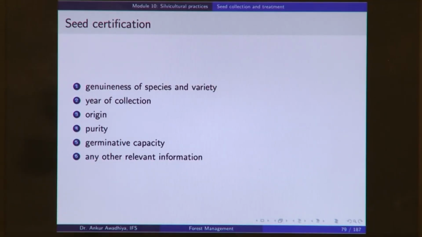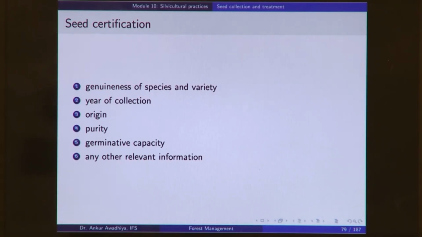Now, after storage, we also need to know about seed certification. So, a seed certificate gives you information about the genuineness of the species and the variety, the year of collection, the origin or the provenance of these seeds. So, whether your seeds were collected from say Uttar Pradesh or whether they were collected from say Tamil Nadu, because